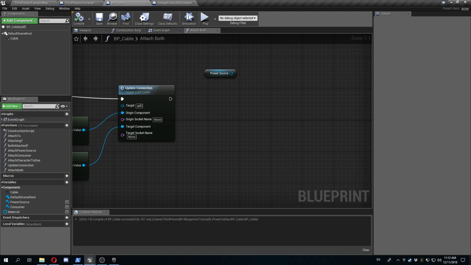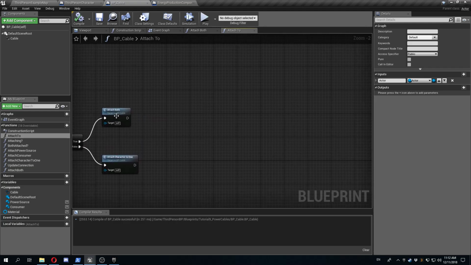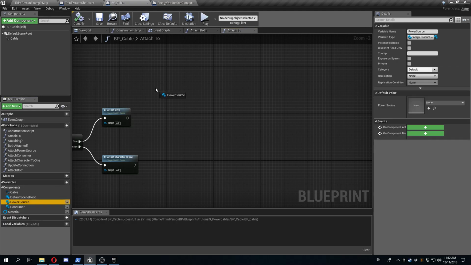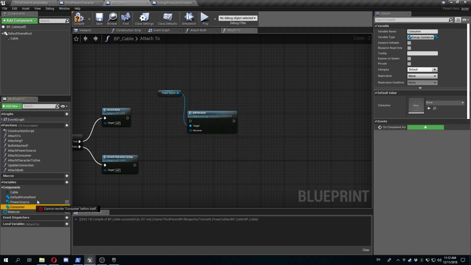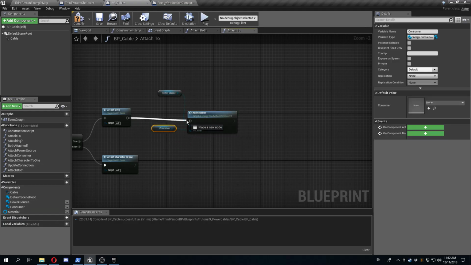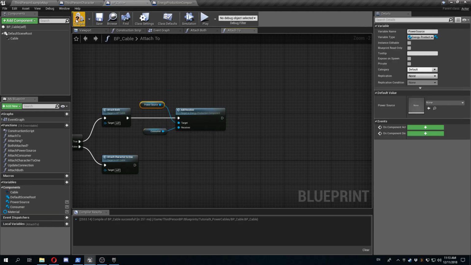Okay, so let's complete the attach to first. So I attach both, and then after attaching both, I have to go to the power source and add a receiver, and the receiver is the consumer. I know the naming sucks. I should probably be more consistent in naming, but you know,